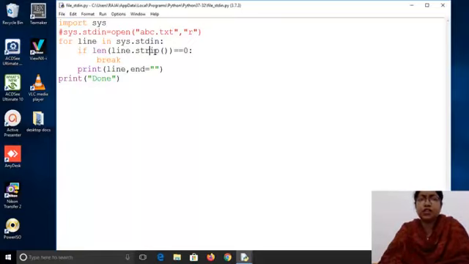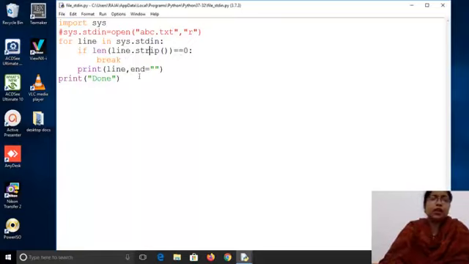So if there is any white space, we will remove it using the strip function. If the length of line.strip, that means after removing the white spaces, is equal to 0, we will break from the loop. Otherwise we will print.